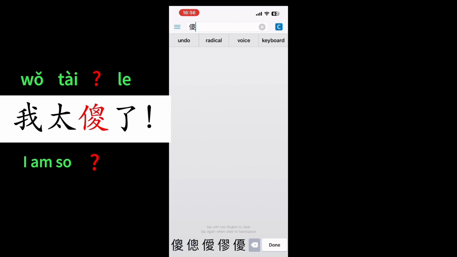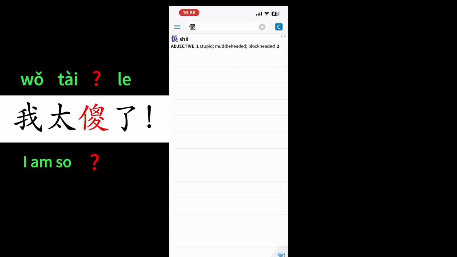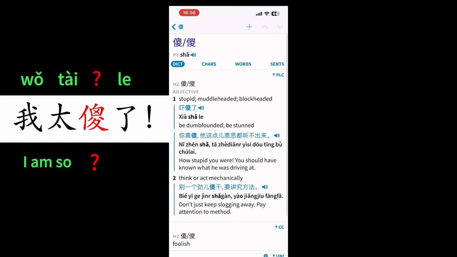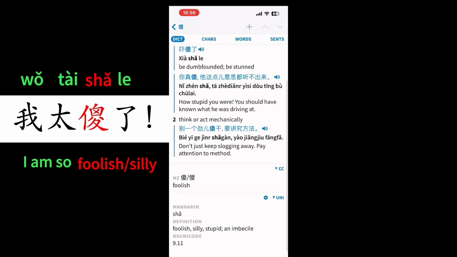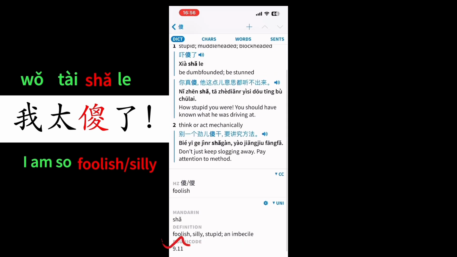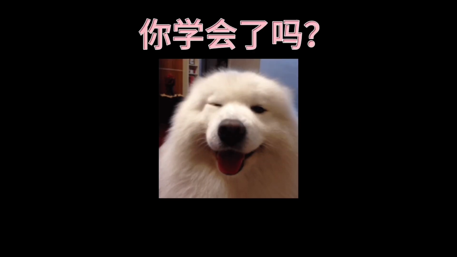Once you're done copying, choose the targeted character. In this way, we learned the pinyin is 傻, meaning foolish or silly. 我太傻了, I'm so foolish. 你学会了吗？